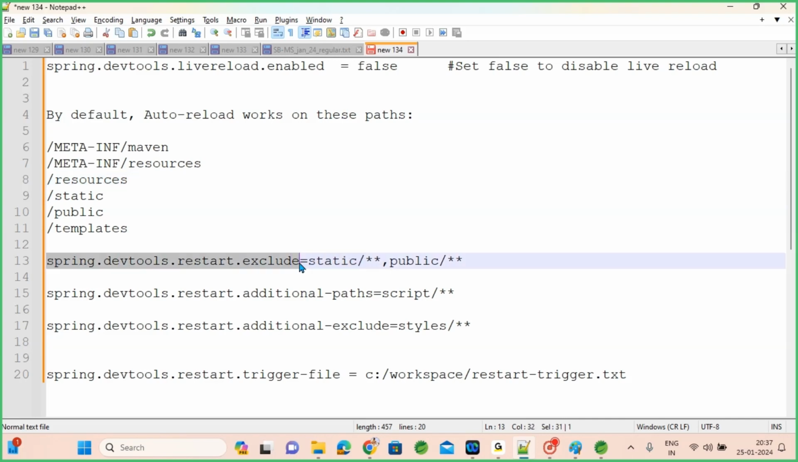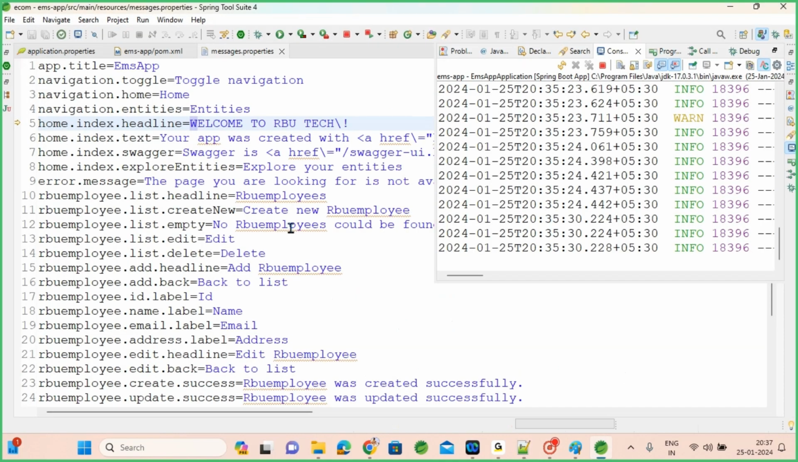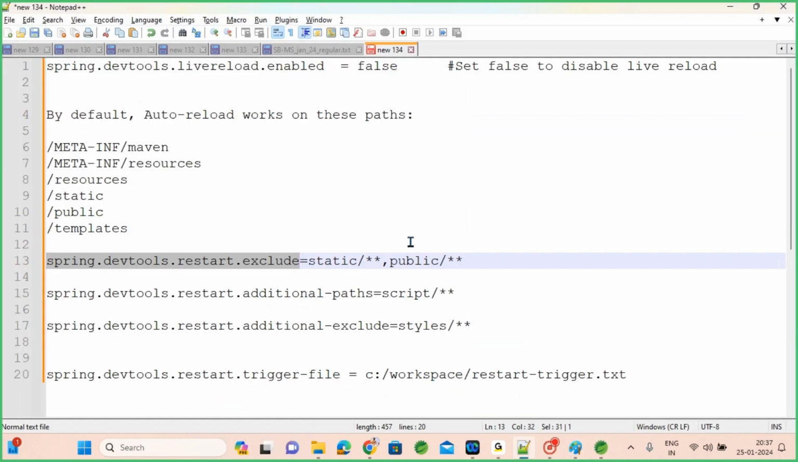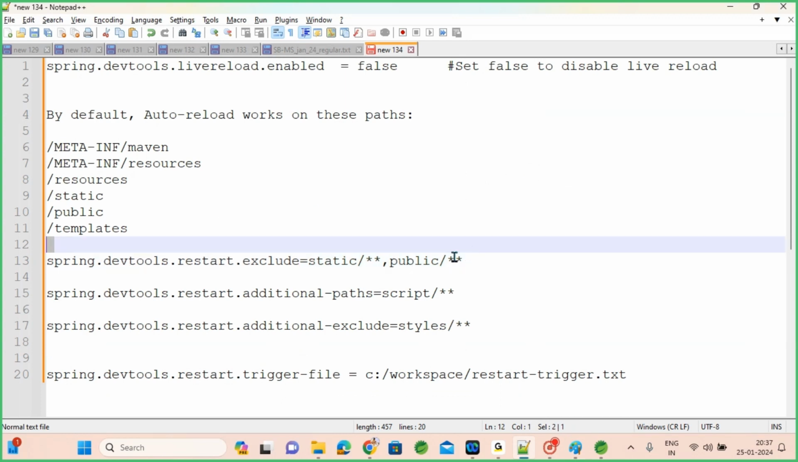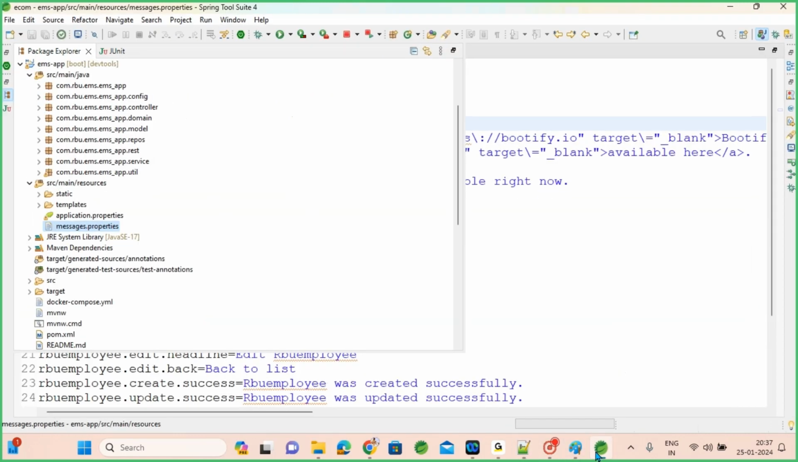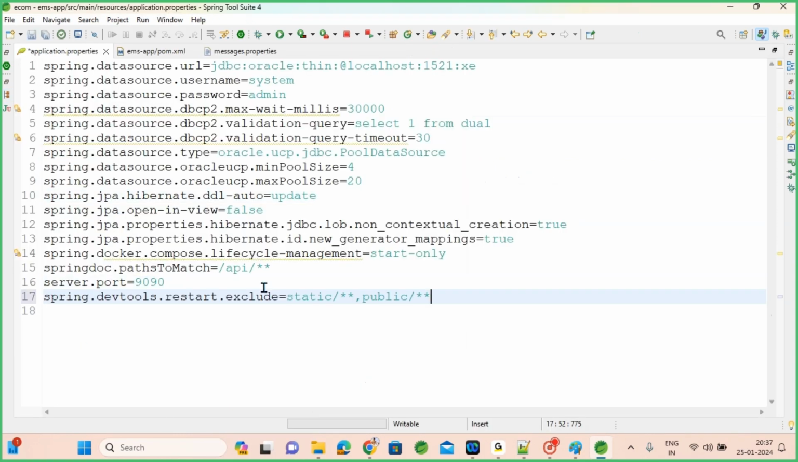If you put exclude, we did change the messages properties file earlier. This messages properties file is part of these resources. So if I put an exclude option on resources, or exclude on static, public, on the pages, some changes I want to block. If I put it like this, resources,